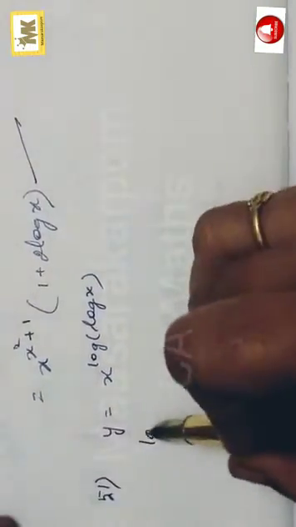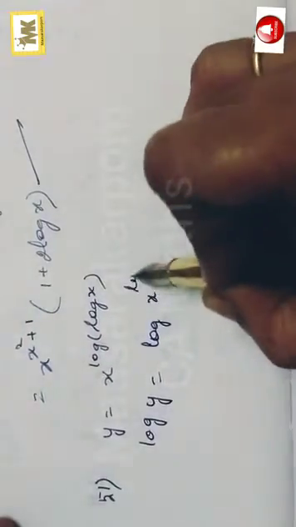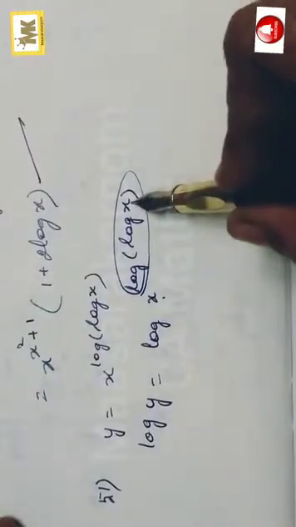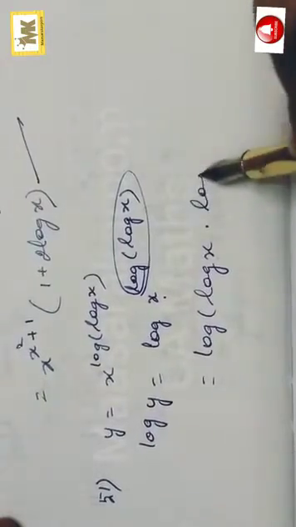Question number 51. y is equal to x to the power log of log x. Take log on both sides. Log y is equal to log of x to the power log of log x. இது base, இது power. Power-ல இருக்குது முன்னாடி வரும். So log of log x into log x. புரிஞ்சுதா? இப்போ differentiate 1 by y dy by dx equal to